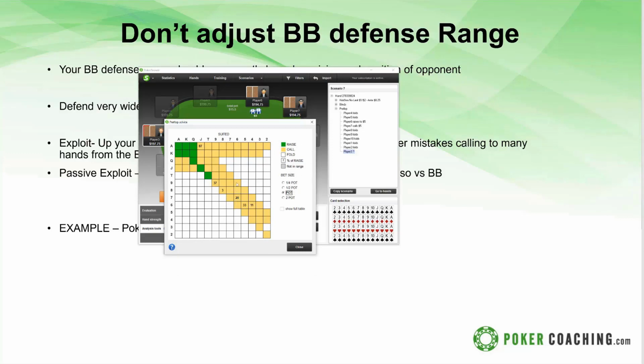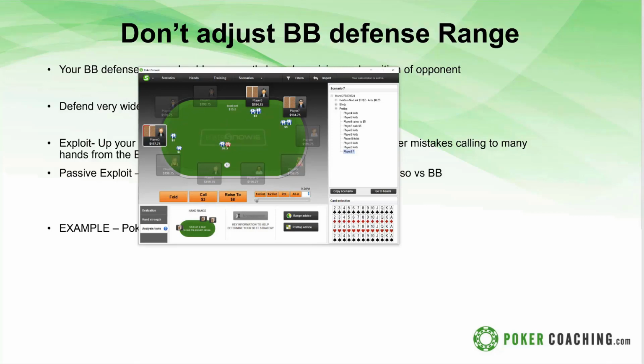All the pocket pairs, the range didn't change much from the cutoff and the button. There are a few less offsuit hands, but the suited hands are basically ones that are either king or ace high, and they can make a straight, like 5-8 suited, so suited two-gappers, and then all this low stuff. You can call really wide with this lower stuff because you don't connect with either player's range, right? They didn't have a lot of low cards in their ranges, so your two pairs are pretty live when you hit the low cards on these boards.